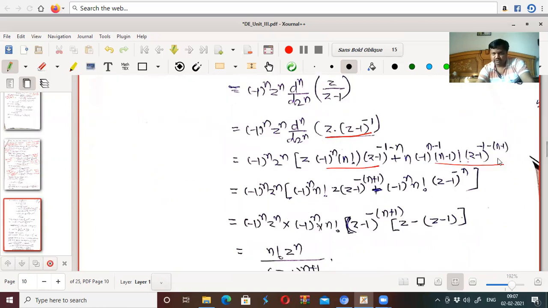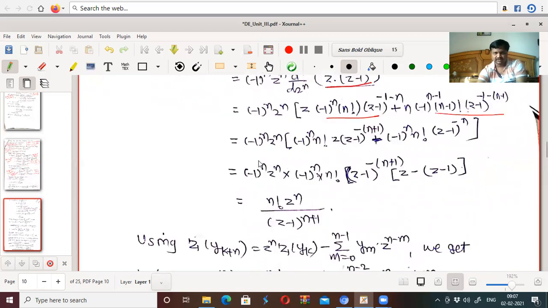Okay. So there is no remaining term there because of first function as it is times the nth derivative of the second function, plus nC1, that is n, times the derivative of the first function and the (n-1)th derivative of the second function. The (n-1)th derivative of the second function is what? (n-1) factorial (z-1)^(-1-(n-1)), and then the second derivative of z is 0. That's why there will be no terms onwards.